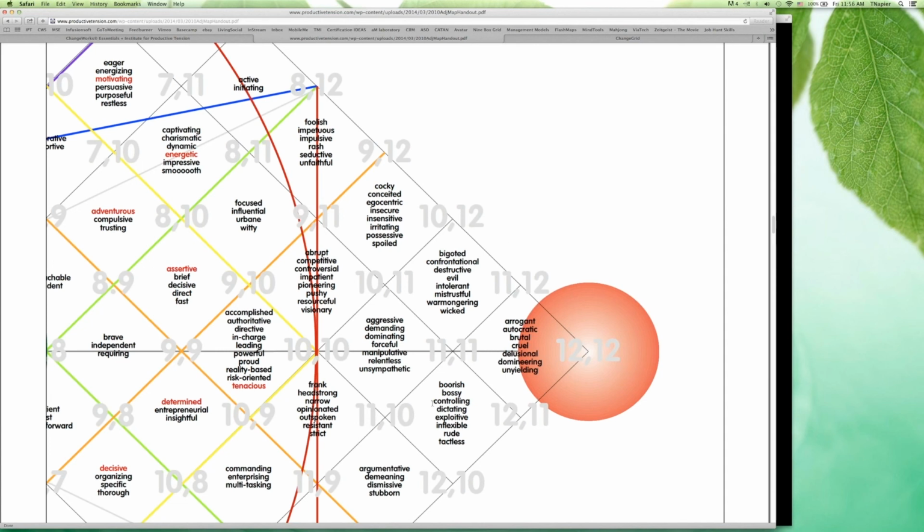And again, remember the ChangeGrid has a spot on it for every single possible human attitude, belief, behavior. And so there are times when humans can be very, very ugly creatures. And on this adjective map, you will find those words that describe us at our worst. And some of those occur when we are in this extremely far outgrid kind of section.